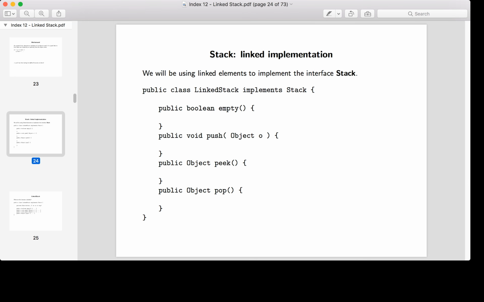So this is a linked implementation of a stack. We have a public class LinkedStack that implements Stack. So the stack interface will contain 4 prototypes. It will have a prototype for an empty method, for a push that takes an object, and the objective